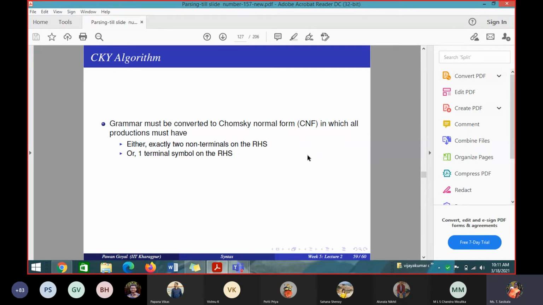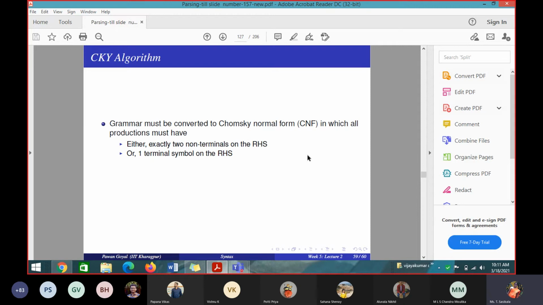Then I have to go back and apply other rules to find out the correct parse tree. So in order to avoid that, we are going for a dynamic programming approach. One of the algorithms is the CKY algorithm. That CKY algorithm uses the Chomsky normal form. Okay, the rules for the CKY algorithm: the grammar rules should obey Chomsky normal form.